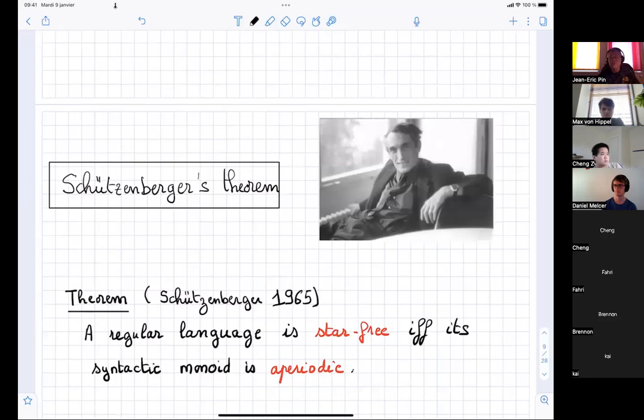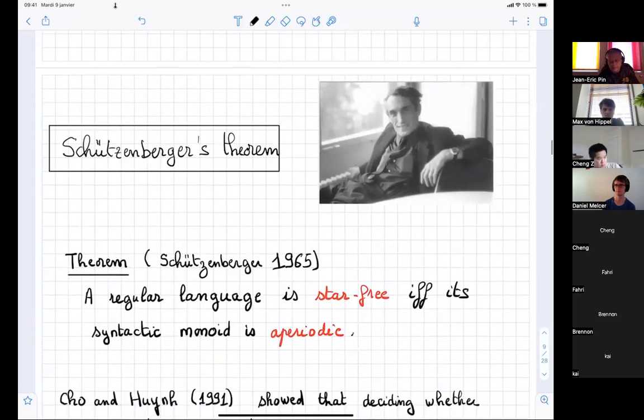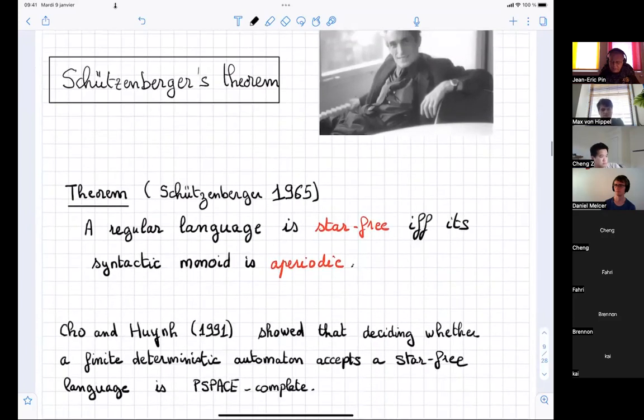And the proof is difficult. There are essentially two proofs, but one is by induction on the structural properties of the monoids, and you need some semigroup theory. And the other one makes use of Krohn-Rhodes theorem or the Rhodes decomposition of monoids as well. So both proofs are difficult. Just to be complete,